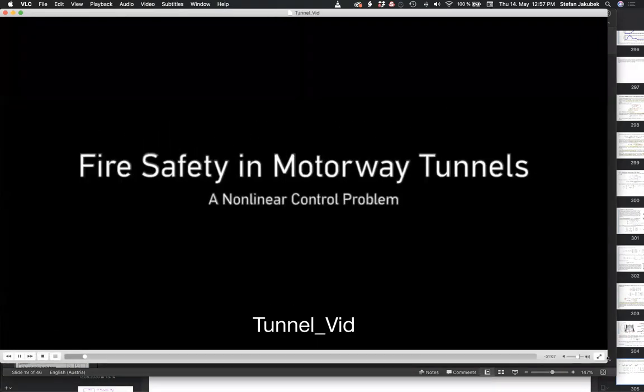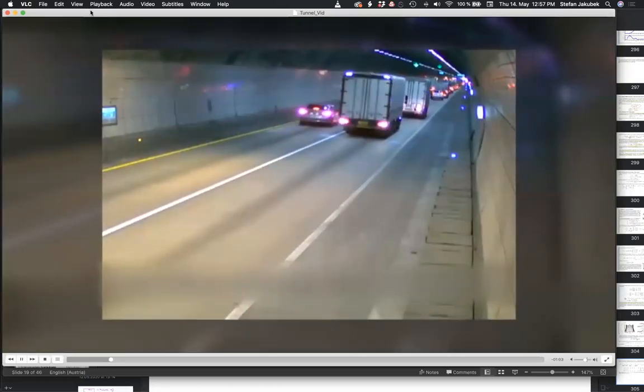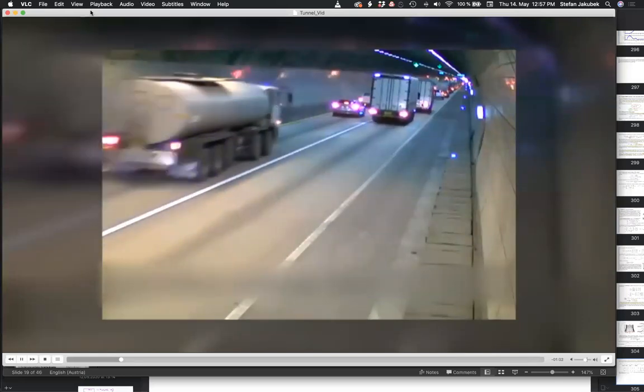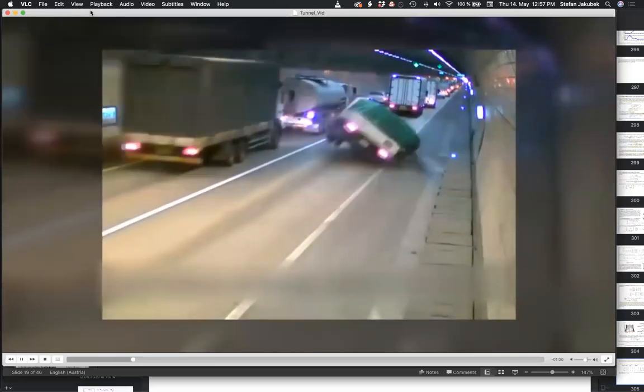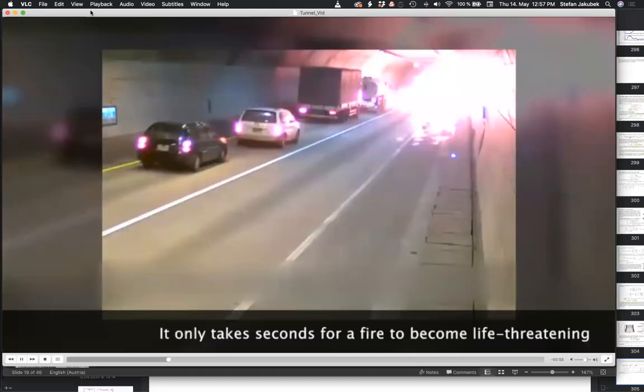And this is about fire safety in motorway tunnels. So in motorway tunnels, and Austria is a hilly country, so we have lots of motorway tunnels. The problem really is when you have an accident like this, that whenever there is a fire, and when you just